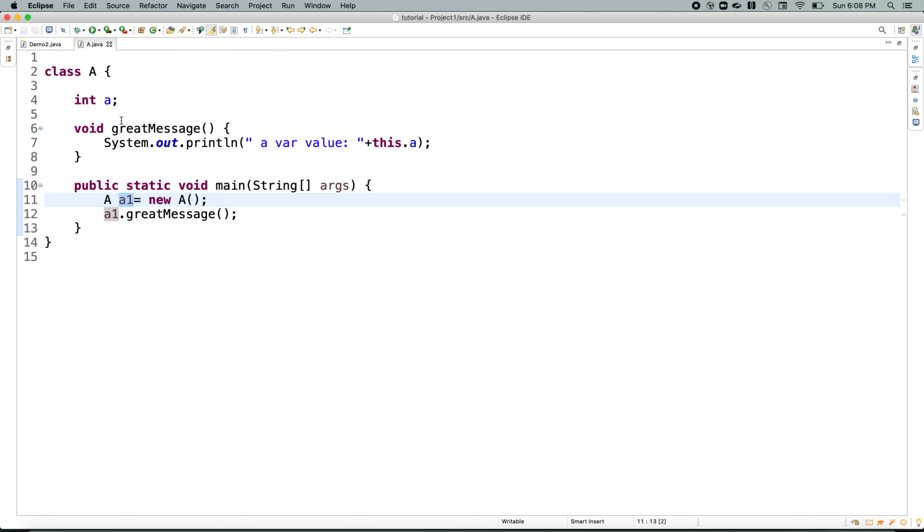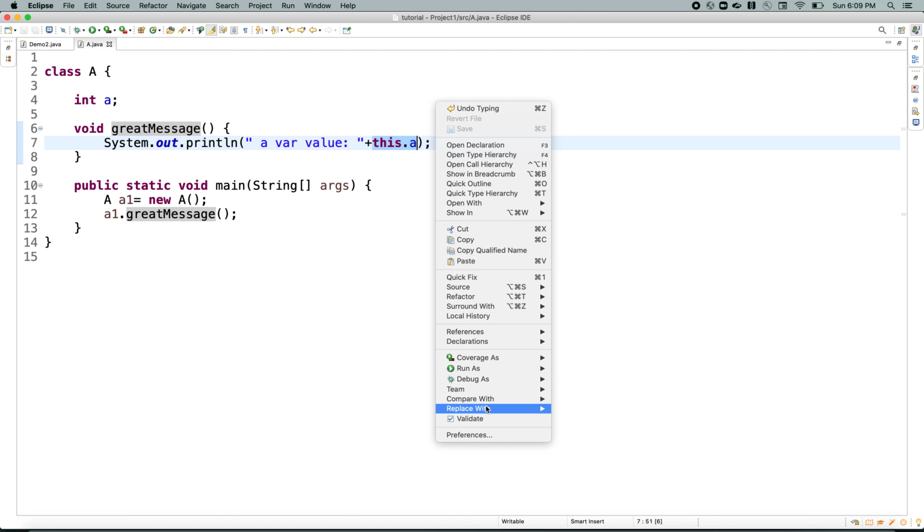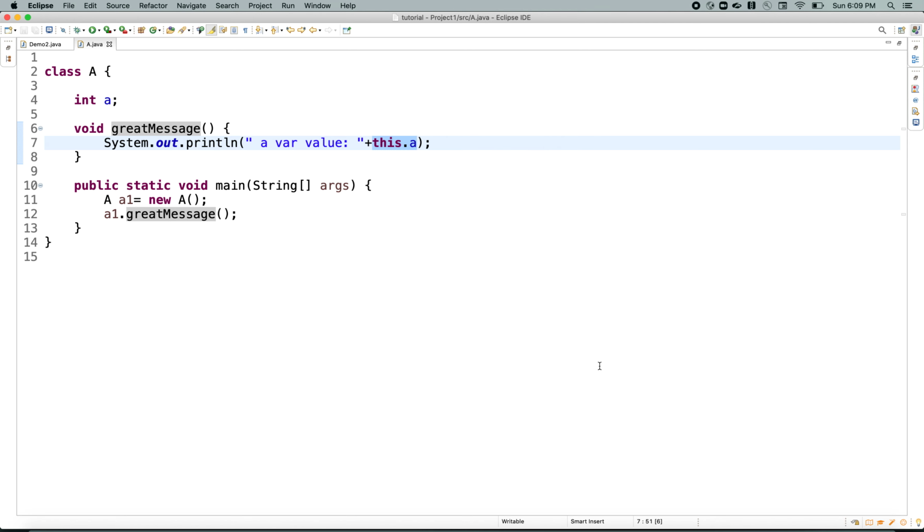That's a default value, right? Yeah. And using the same object, you're calling this greet message method, and you are printing the object's non-static variable a value, so it will print 0. Okay. We will see what is the output and we'll get more clarity.